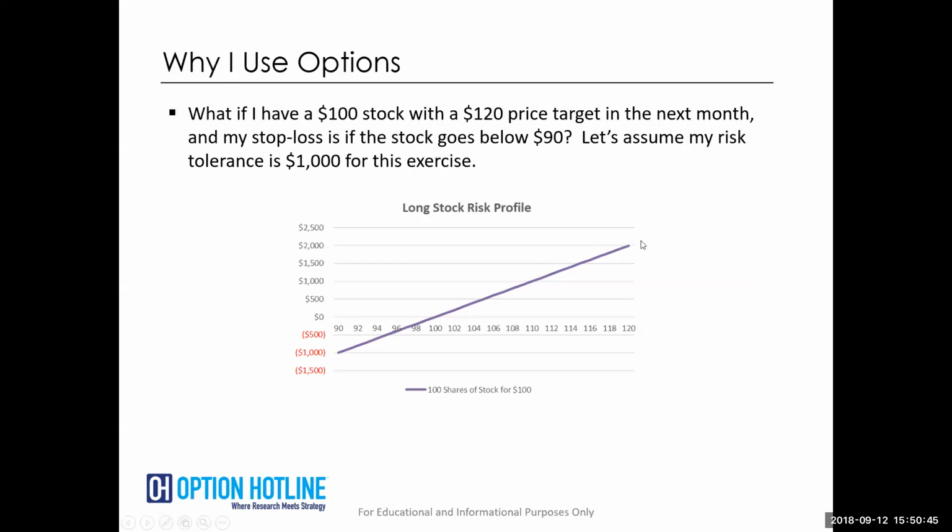My initial profit target over the course of the whole thing is $120, about a 20% move. It's a pretty big move in a month for a lot of stocks, but it's not that big for others. That's the nice thing about the stock market, various stocks have much bigger or smaller potential moves, and those are the ones that get really exciting. But options help to offset that potential by pricing for those moves.